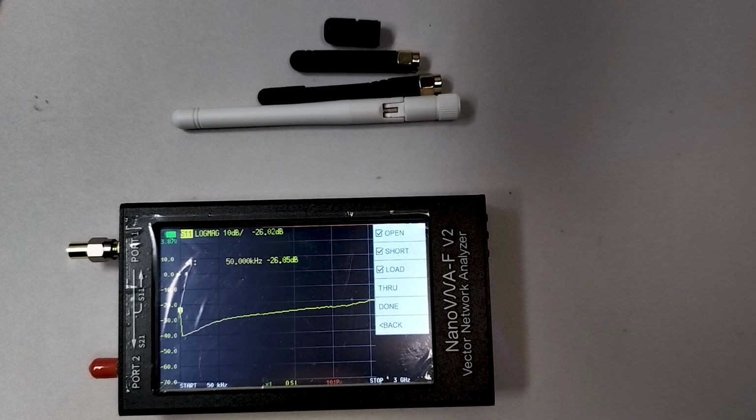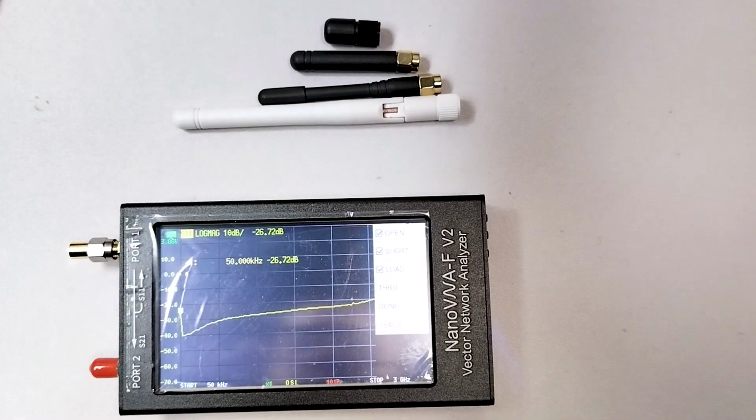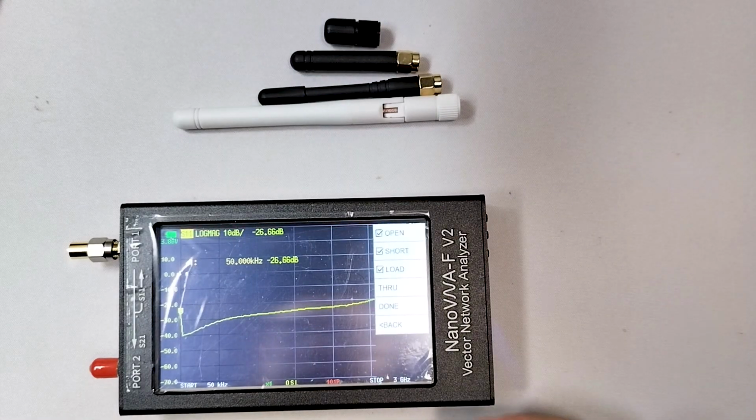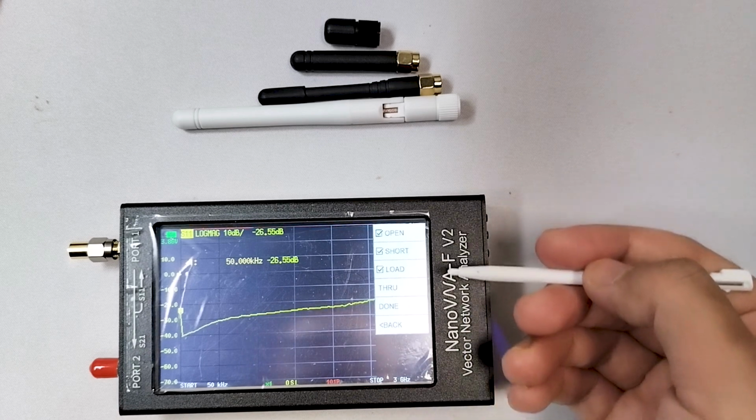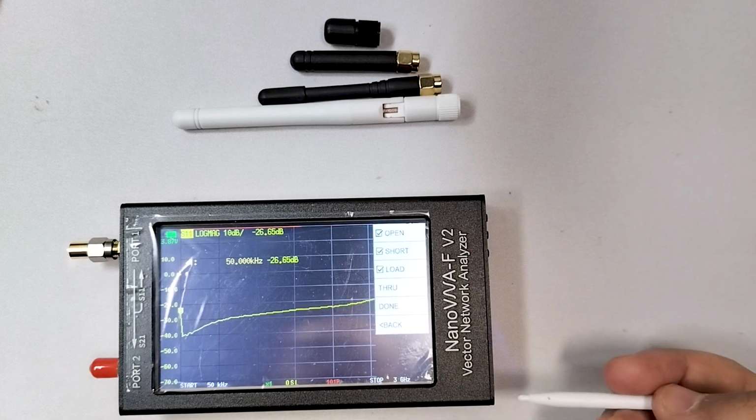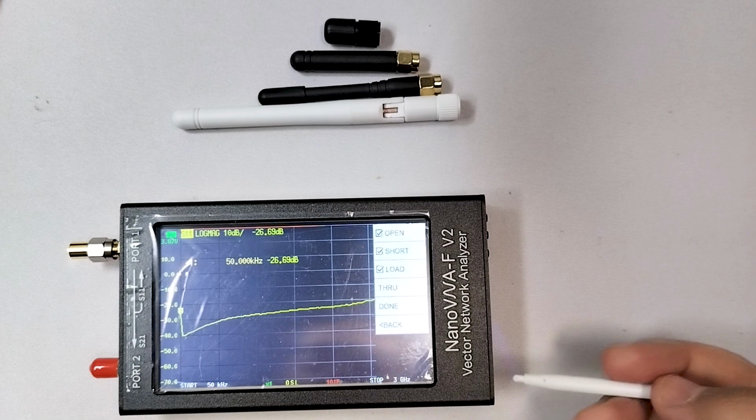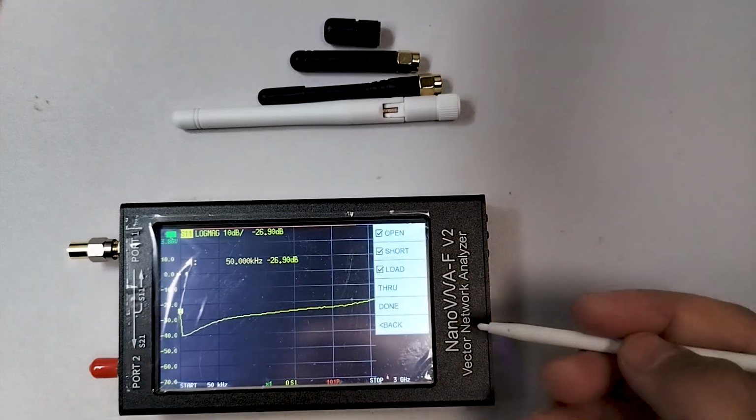So the calibration is done. Over here you can see OSL. OSL means open, short, and load. So we have to do these three calibrations to use this port 1. So let me just press on done,